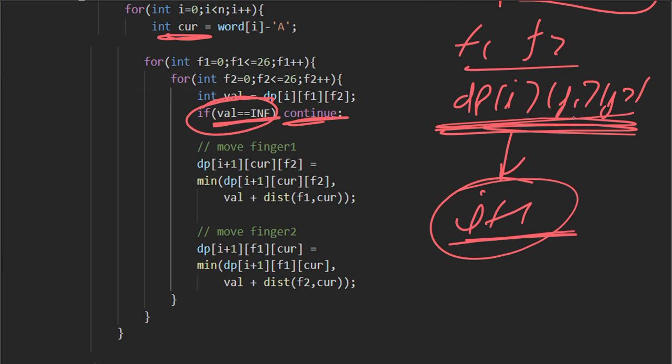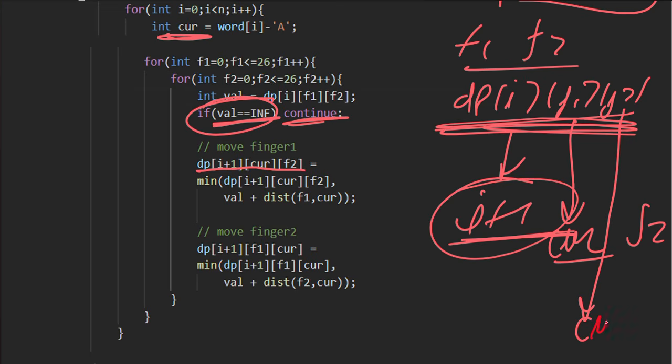So the two cases: if we move our finger 1, f1 will be shifted to current, so it will give us I plus 1, current and f2. See, we are getting I plus 1, current and f2. But if we are moving our finger f2, then f2 will move to current, f1 is still the same, and I will be moved to I plus 1. So we get this case when we move our finger 2.